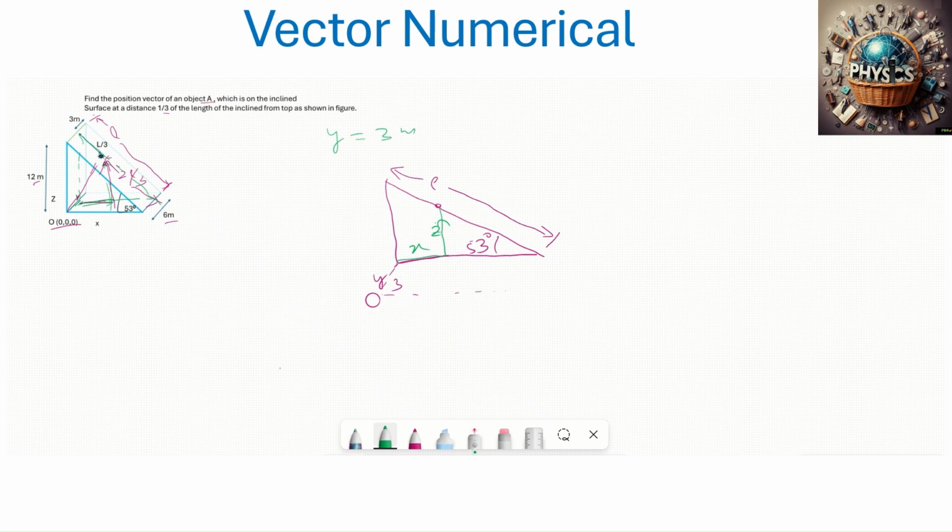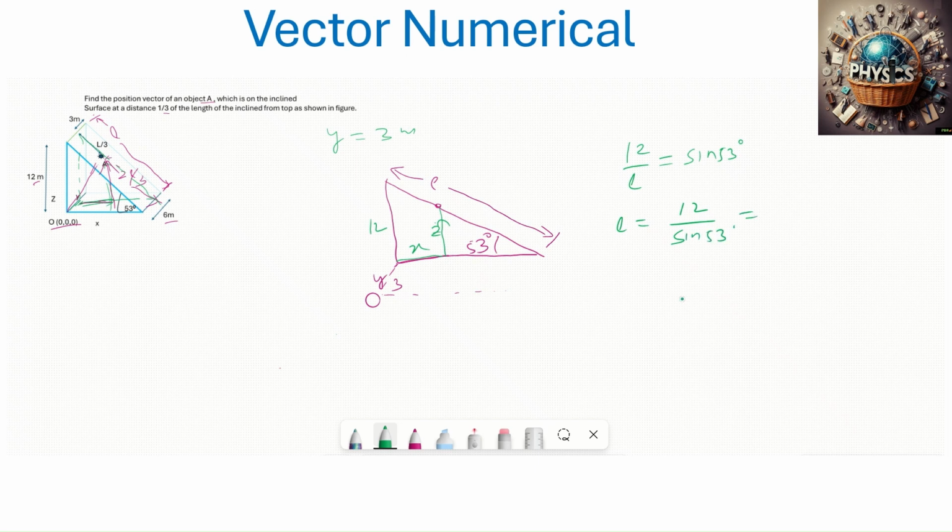Now this is a triangle. In this triangle, we already know this is also 12. This is also going to be 12. So if this is 12, then we can find out L within this triangle. So we'll say 12 by L equal to sine 53 degree. Okay, and then we can find L equal to 12 by sine 53 degree,